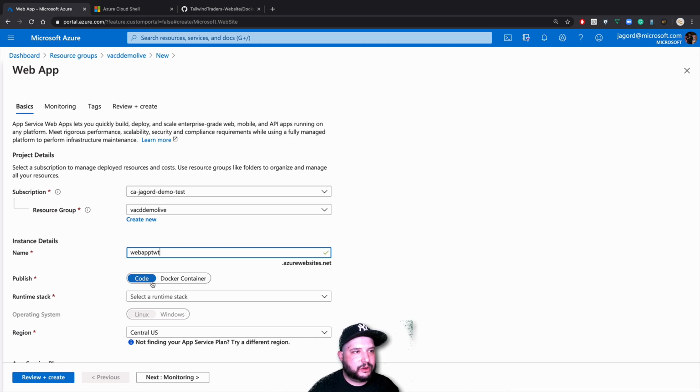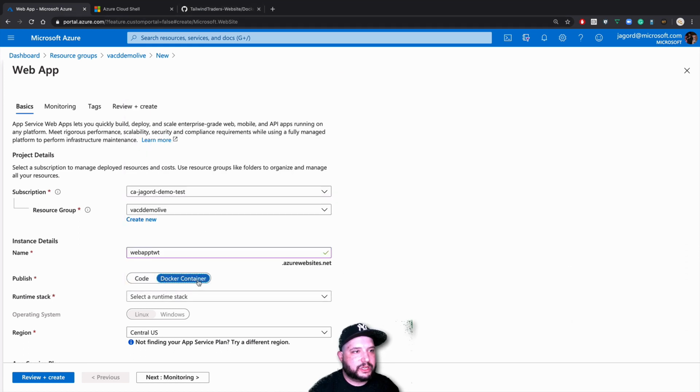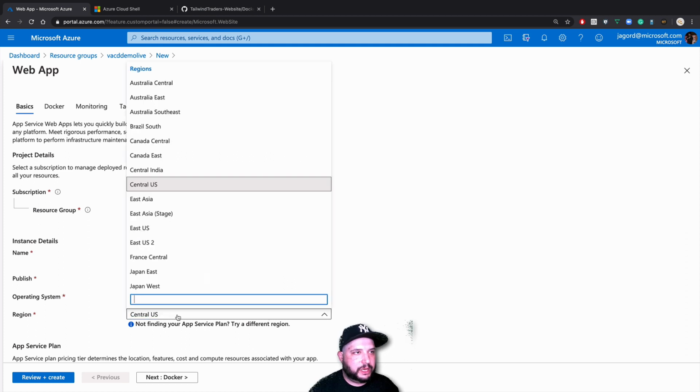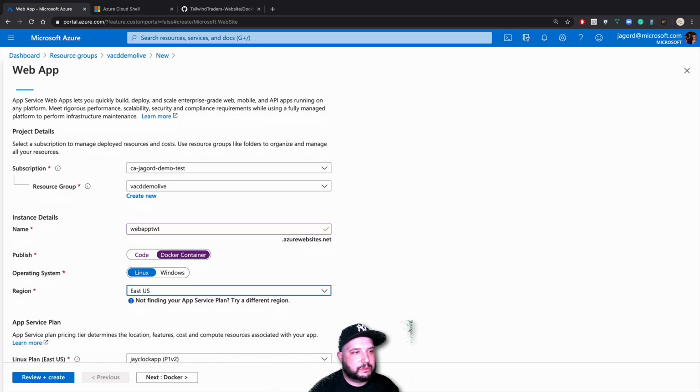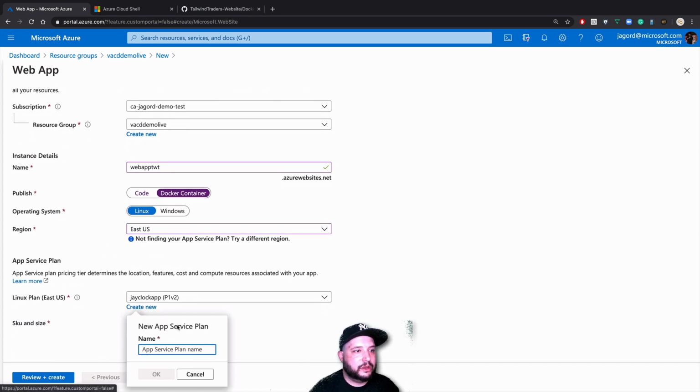So we have the option of picking a runtime stack, and you can see there are all these different runtimes, but we're going to be using a container that we'll build on our own. We're going to select Linux. We'll pick where we want to store it. We've got all these options to host it, but I'm going to use East US. And then we need an actual hosting plan with the type of hardware, resources, the compute that we need. So we'll go ahead and we'll create one. We'll call it